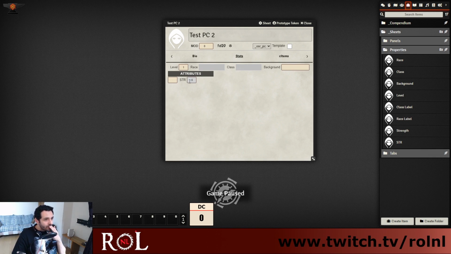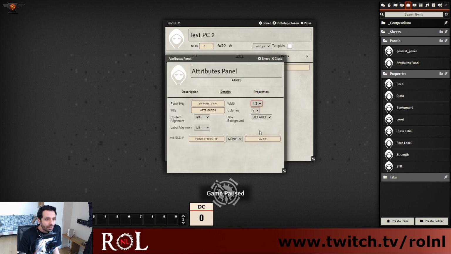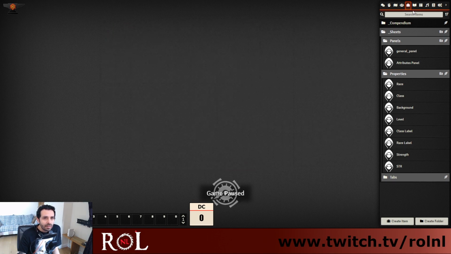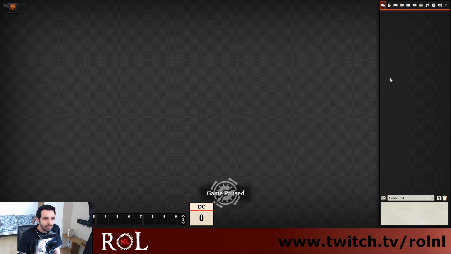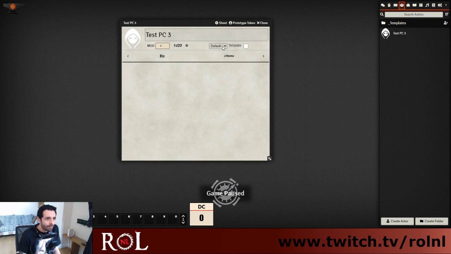And I think we should reduce this width. Yeah, let's go for that. So the attributes panel is going to have 1/4, I think. Yeah, or less than that. 1/4 would be enough. Yeah, let's try. Okay, we'll remove this one. We'll rebuild. And we create test PC3. Now here we are. 1/6 would have been better, but let's leave it like this for now,